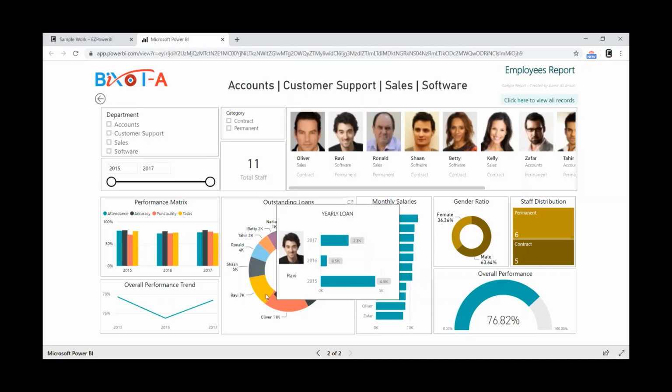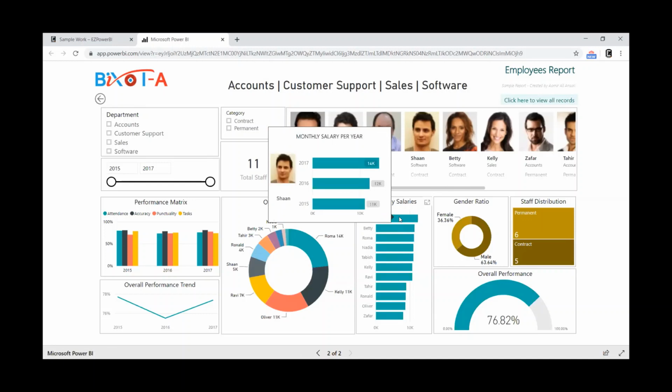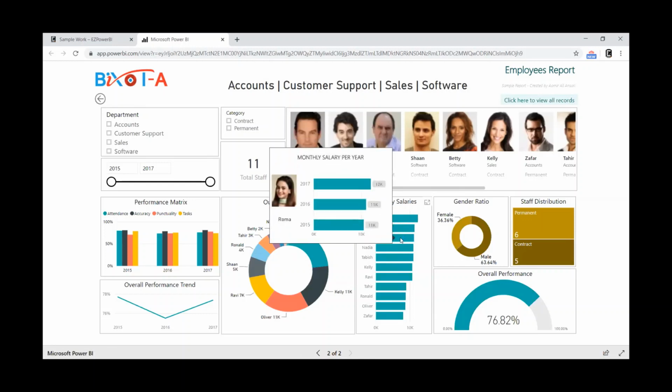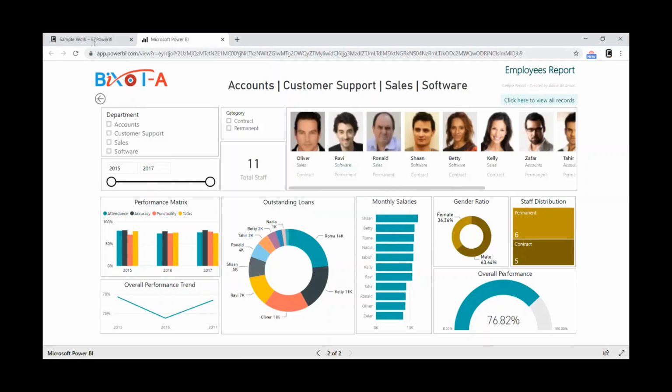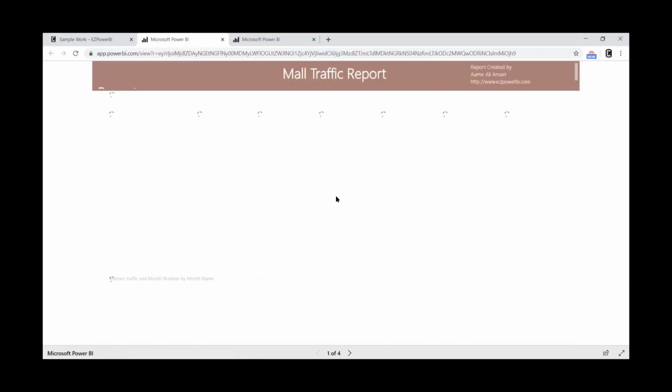If somebody is interested in getting more detail about this person, they can simply go and check on top of it, and that will show those reports in this manner. So this is one use case. Another use case is the shopping mall footfall example. I have incorporated these examples, and there are different kinds of